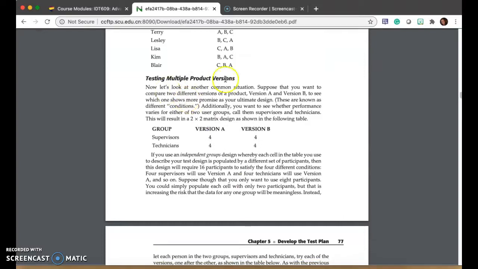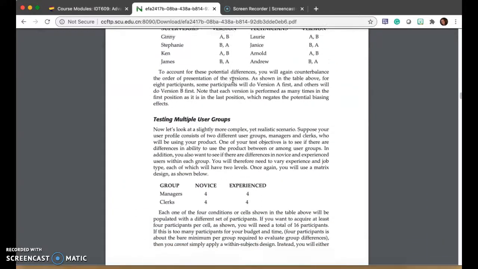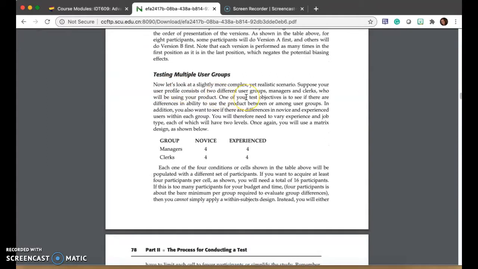We also have testing multiple product versions. But again, knowing that most of you probably have a single prototype as opposed to being in a position of wanting to compare, this one might not be of interest to you. And then we have testing multiple user groups. And because we know that your classmates are going to be your testers, this probably wouldn't fit as well. But in other situations, this can yield some really interesting data looking at different group characteristics and how they interact